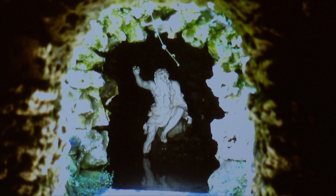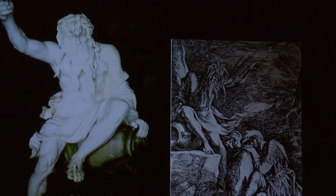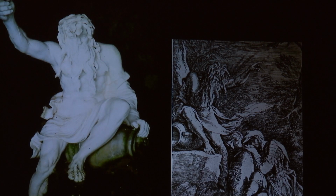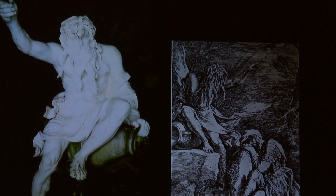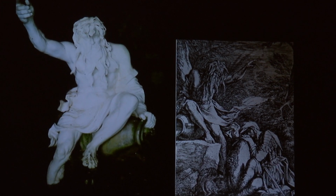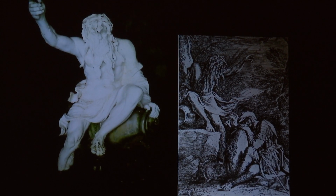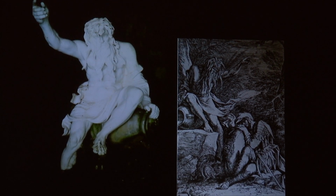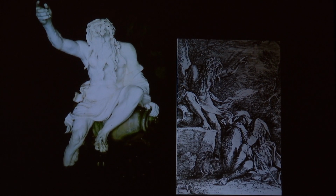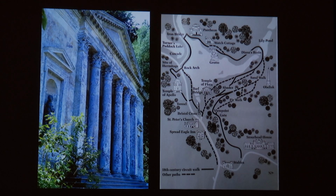And his source was not some old mould that he'd inherited from Carpenter or after the antique, but an original work based on an engraving after Salvator Rosa. So it was an original sculpture that could have teased the visual erudition of his patron, the collector Henry Hoare, and his guests. The sculpture has been understood, at least since the 1970s, as part of an allegory of Aeneas's journey in the Aeneid around the lake in the garden on the right,